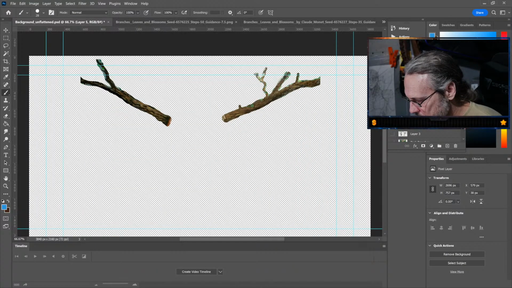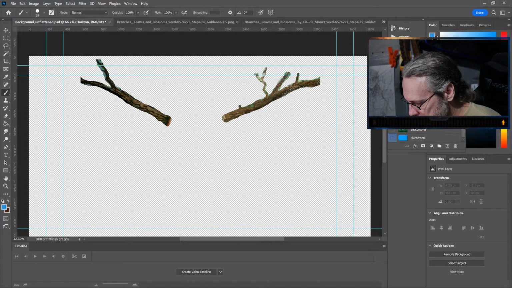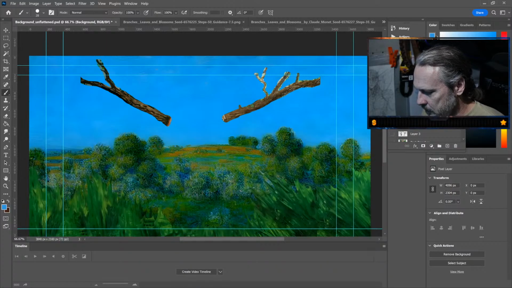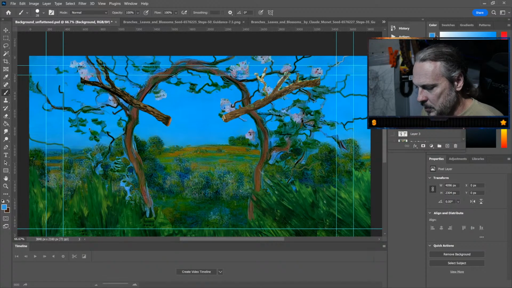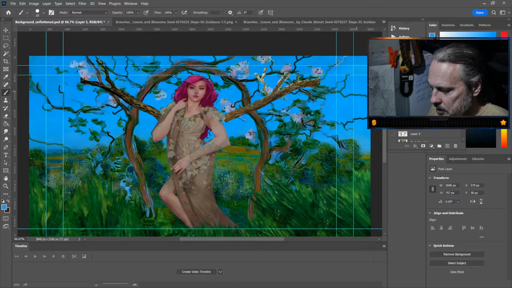And so this is the branch. So we've got the horizon, that's the original horizon, the background, the foreground, the back branches, and the character layer. Okay, so the front branches have to be below the character, like that, and I need to repair it a little bit, but we'll just use the smudge tool to